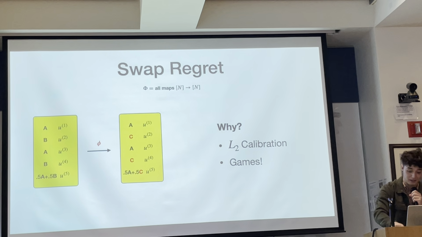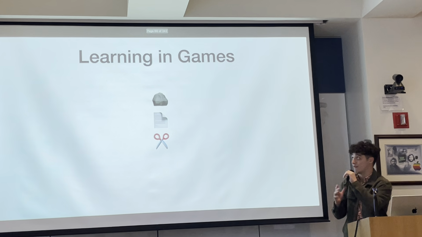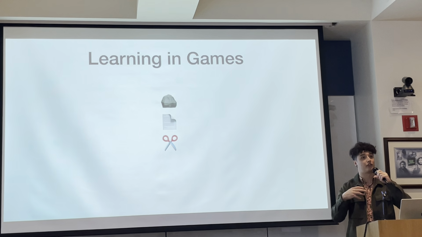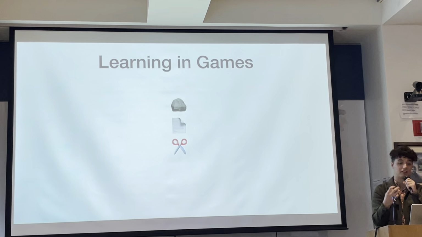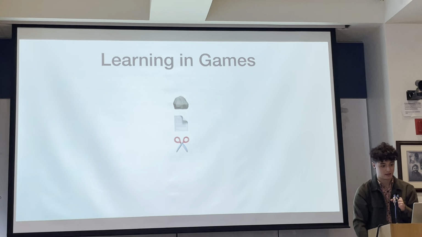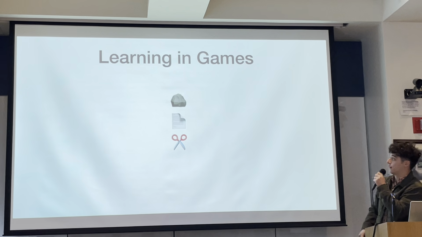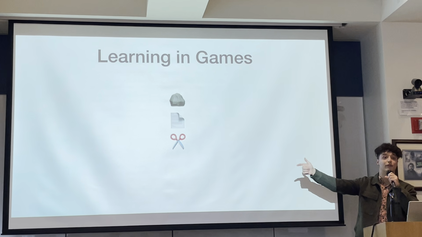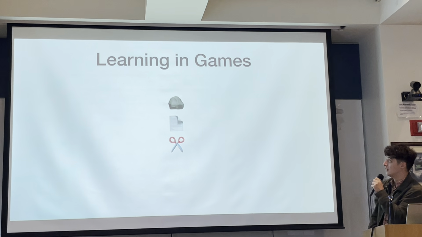But let's talk about games really quickly. Let's say we have a game, like rock, paper, scissors, and I want to compute the optimal strategy in this game, which is something known as an equilibrium, which I'll define in just a second. For rock, paper, scissors, the equilibrium would constitute playing the 3 actions uniformly at random. This is, in some sense, the optimal thing to do in rock, paper, scissors.